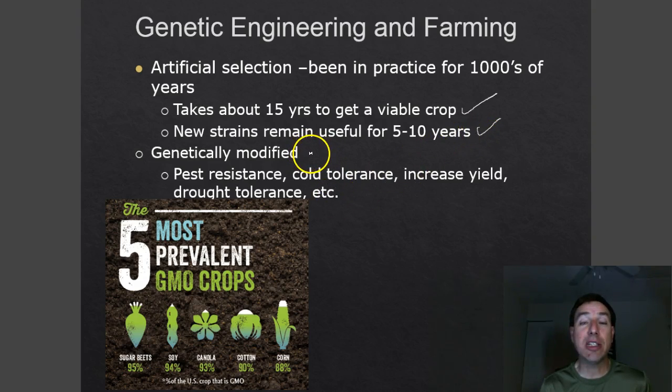So now we're actually taking snippets of DNA from one organism and putting it into another. You can do this. They've done this with tomatoes to give them cold tolerance in some areas so the tomatoes don't freeze. You can do this to increase yield, to increase pest resistance, to increase pesticide resistance. Monsanto company here in the United States has developed a type of corn that cannot be killed by Roundup. And so you can spray your entire field with Roundup, kill all the weeds, but you don't kill the corn. Other varieties have been bred for drought tolerance. And so all these different things are happening in the genetic world.